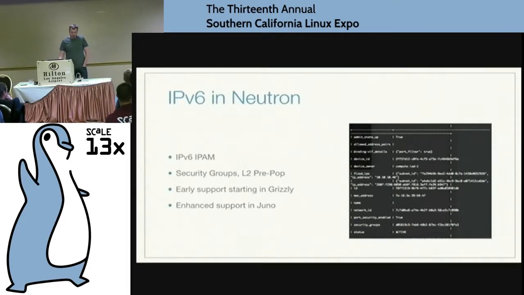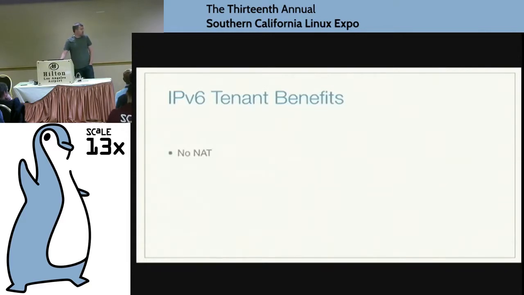From the tenant perspective, because when we start talking about clouds, it's like, I'm a deployer. Why do I want to enable IPv6? For many people, it really comes down to two things. First one is no more NAT. You get end-to-end connectivity. You don't have to deal with NAT. You also don't have to deal with floating IPs. So if you work in an environment with a very constrained IP space where you don't have a whole lot of public IPs, what you end up doing is creating a jump host which has your public IP and then a constellation of hosts behind it, which you can't really ever talk to directly. With v6, you can now set that up real easy.